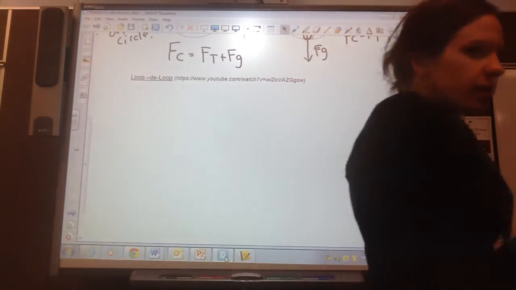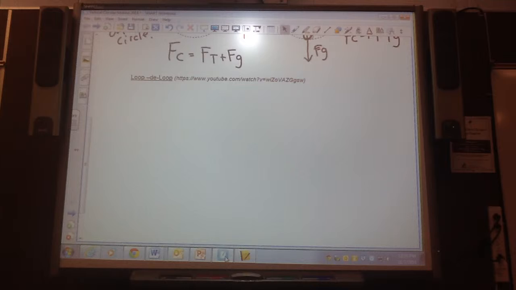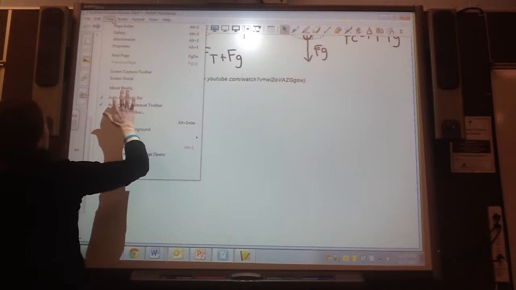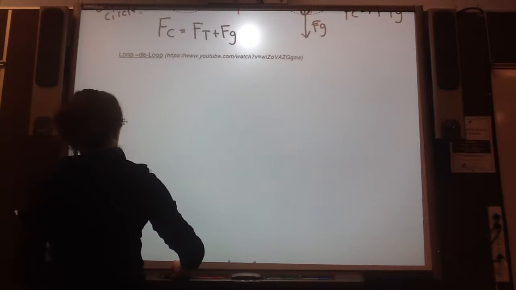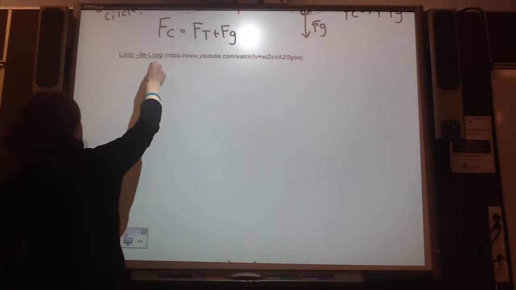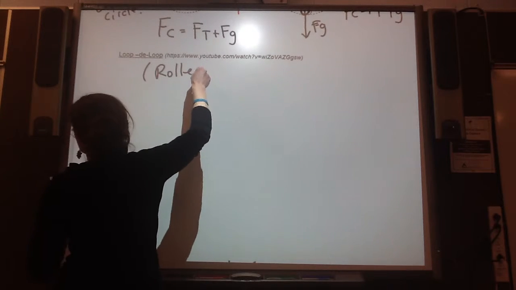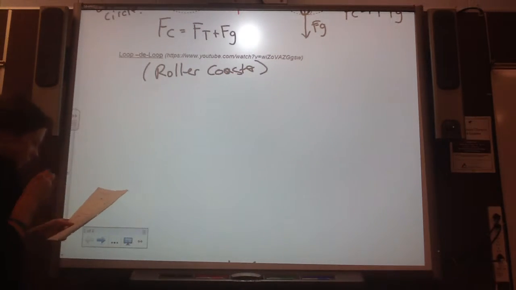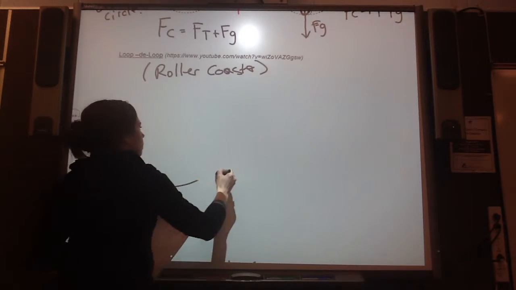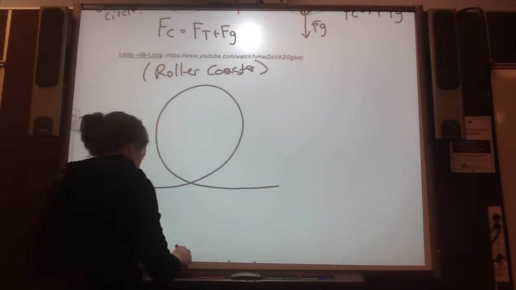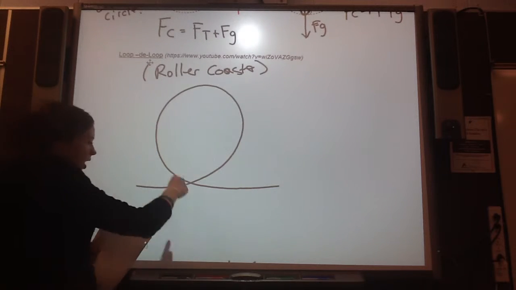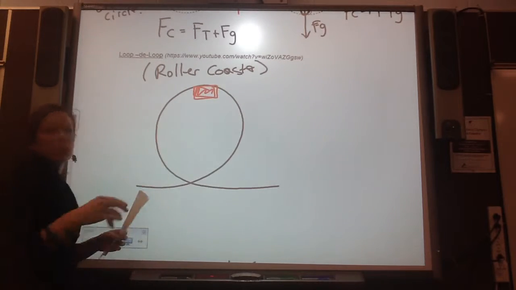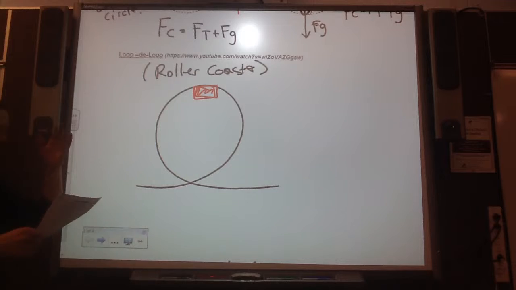Anyways, so let's, where did I put my, so on the back of your sheet, I want you to write down loop-de-loop. Or like, this is a roller coaster. So, if I had a roller coaster, and at the top, so say the car of a roller coaster is at the top of the roller coaster,